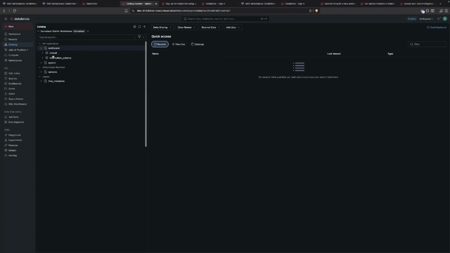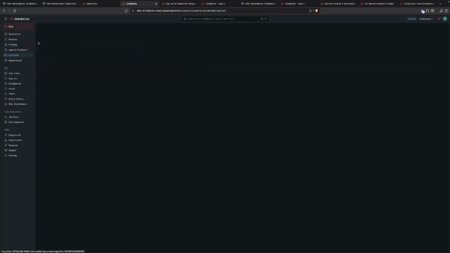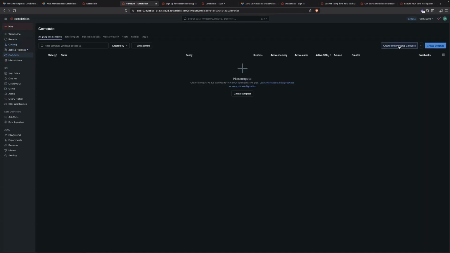So for example, this workspace has a default schema, and a legacy Hive metastore that you can configure if you need that sort of function, as well as Delta Sharing. Because this is a new system, there's not much here other than the system tables, which allow you to see your audit trails. So the next step that we're going to do is go ahead and